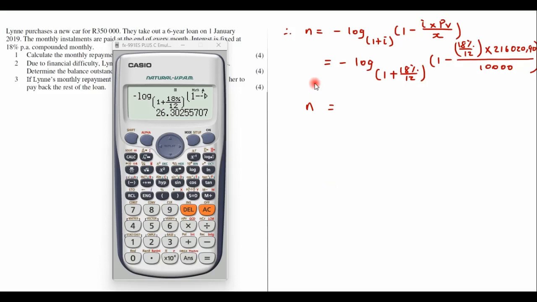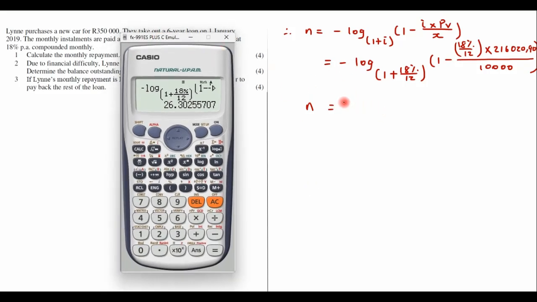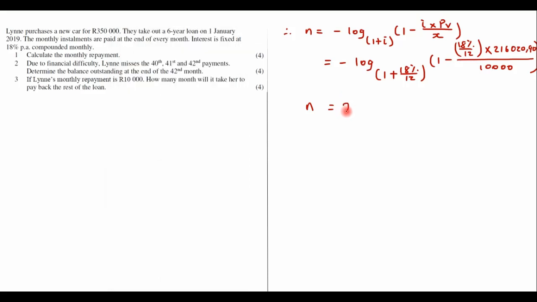All right, so making this, you can see that we have 26.30. So now these are the number of months that she will pay. She will make full payments of 10,000 on the first 26 months, and then on the last month, which is the 27th month, she will make a payment which is less than 10k. So basically our answer here is going to be 27 months,